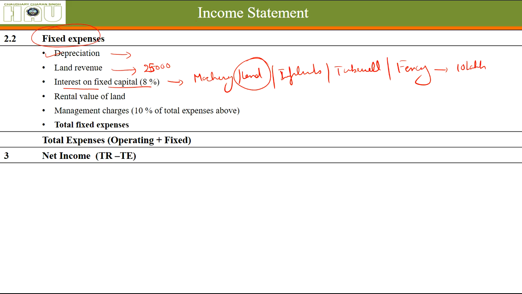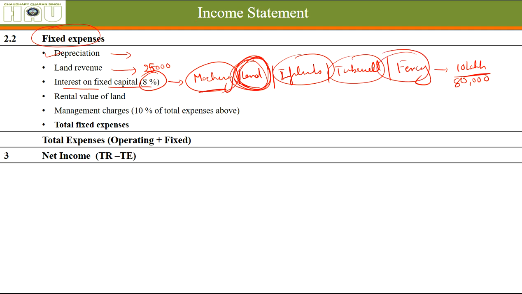Generally land is kept out of fixed capital because it is inherited and its value is too much, and it just confuses us because the figure is so big, we are not able to actually get the value of our returns. So we will keep it out. So 10 lakh is the value, 8% on it, let's say it will be 80,000 rupees. This much money invested in these things could have been used for other things. At least it could have been given to somebody else and we would have earned an 8% rate of interest.